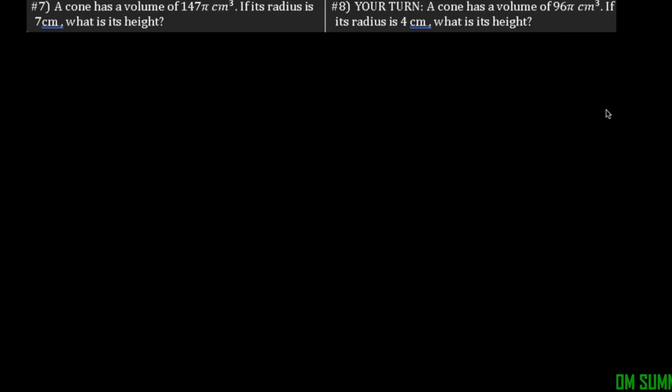Moving on to number 7. Number 7 says a cone has a volume, so it gives you the volume in terms of pi, and it says if the radius is 7, what is going to be the height? What we can do is calculate this. I'm going to use my formula, so my volume, which is 147 times pi, is equal to my area of the base, so it's going to be pi times the radius, which is 7 squared, times h,